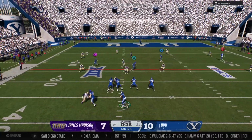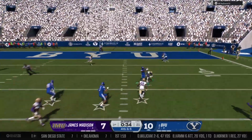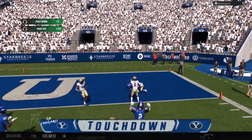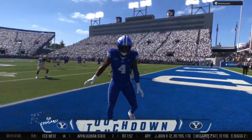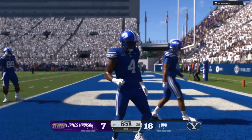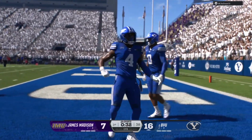Needs a completion here on 4th down. Quick throw, testing the middle. Makes the catch, and that is enough for a first down. And he's in for the score. Touchdown, BYU. But they were backed up to start the drive, but some bold play calling, great execution, and they